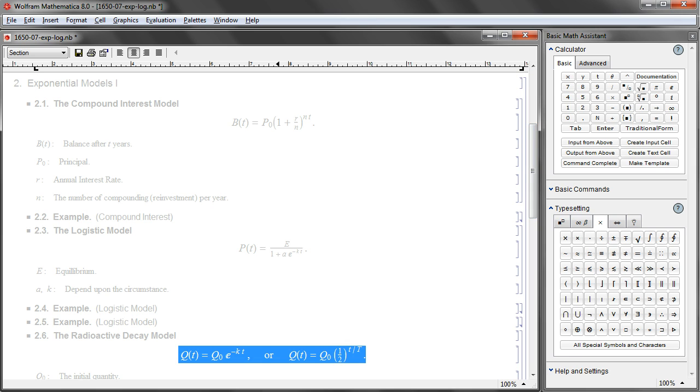Number three, radioactive decay model, which is most definitely physics and engineering type of examples. This one doesn't really have a lot of applications, but this one is really quantitative. As a matter of fact,